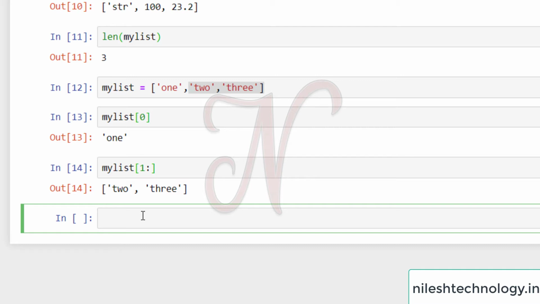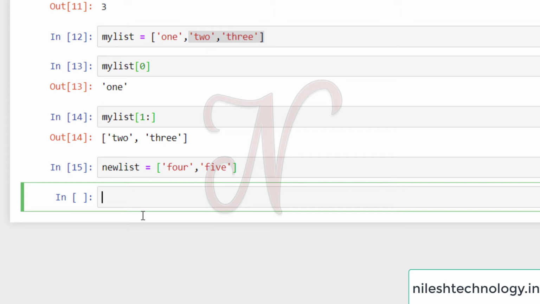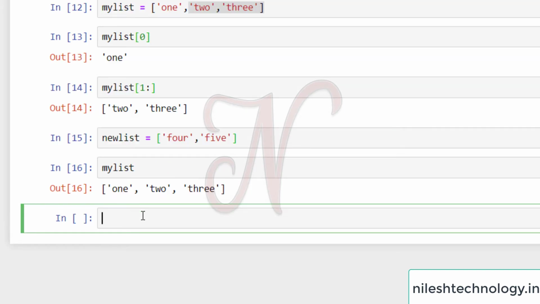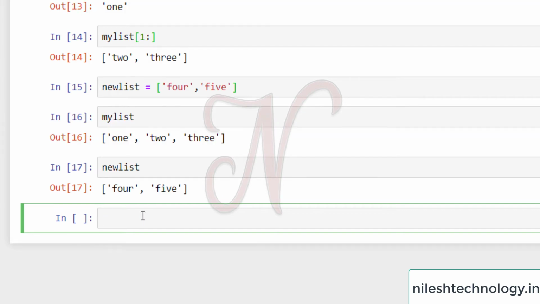Move to the next topic. Here we can assign some elements. So new_list is equal to 4 and 5. This is my new list, and my list is 1, 2, 3. See here, the output is my_list is 1, 2, 3 and new_list is 4, 5.